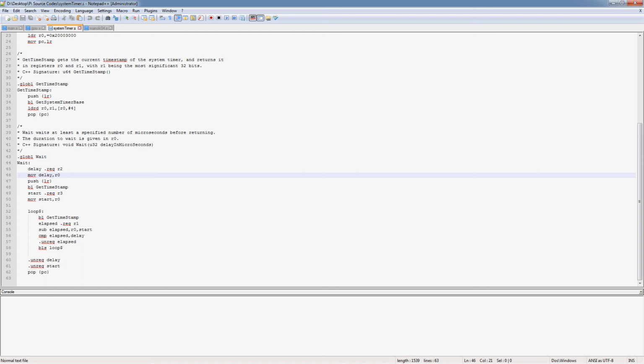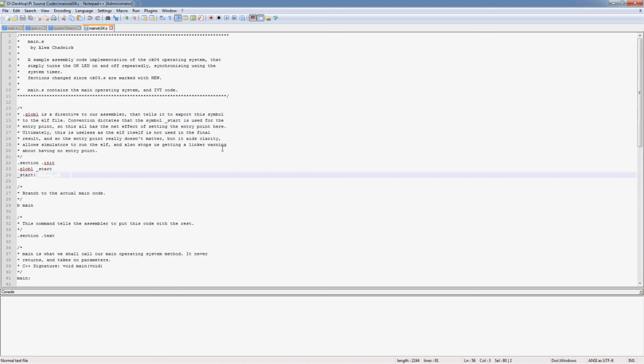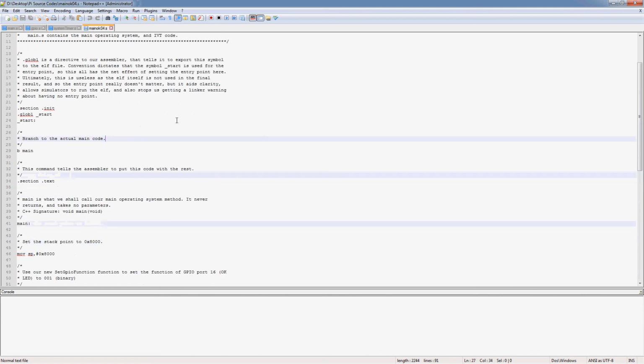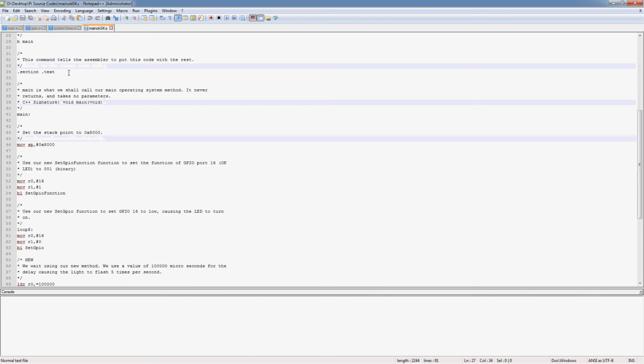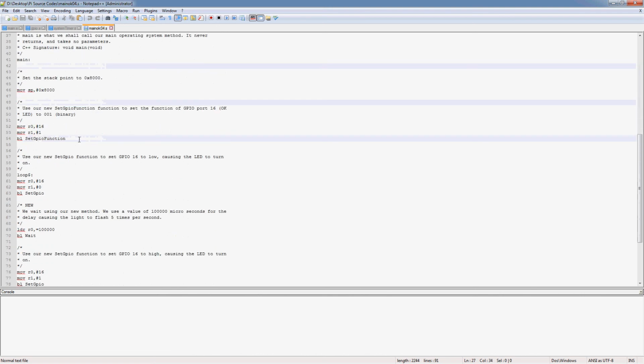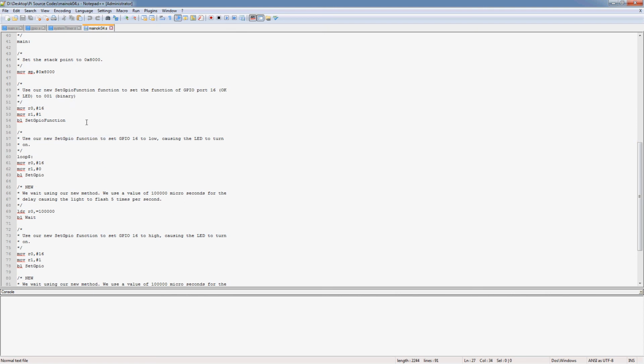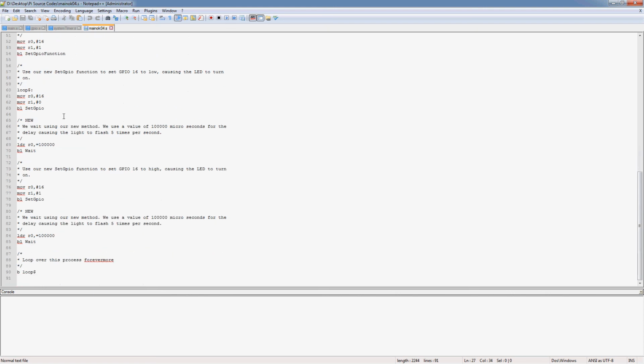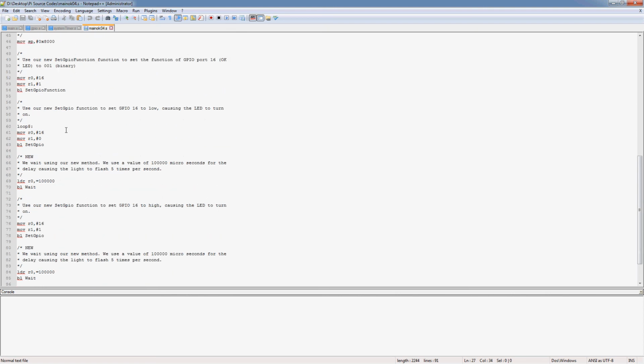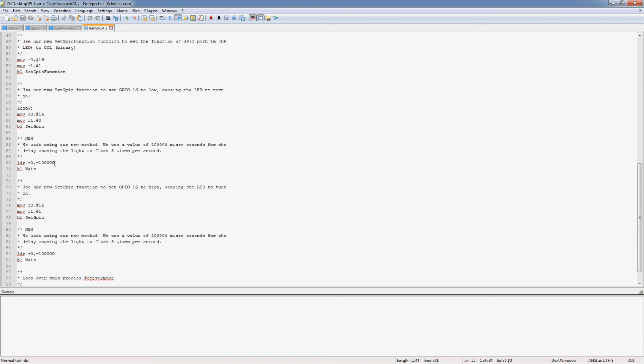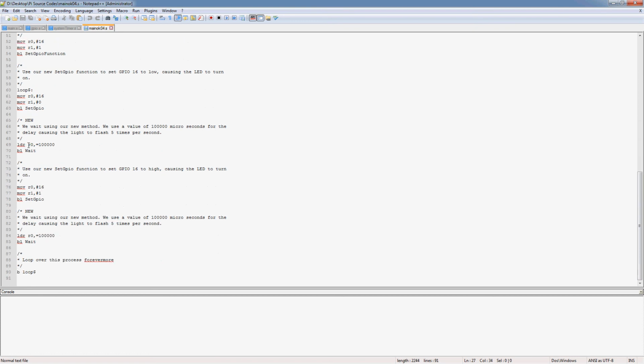In order to use this to do our flashing, we have our OK04 main method, which is identical to our OK03 main method. Same stuff. We branch to main, we set our stack pointer, we get our GPIO functions, all of that. Except now we load into R0